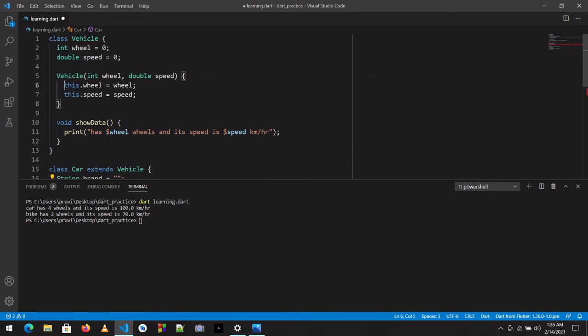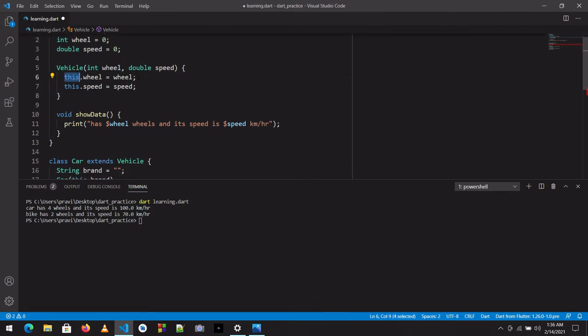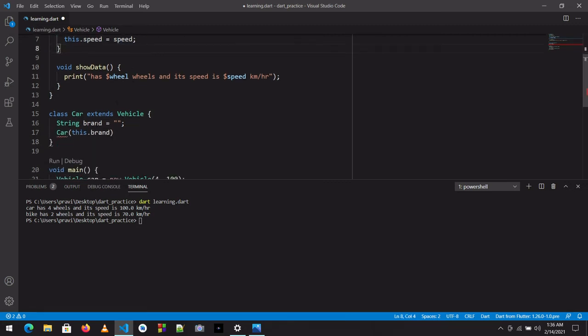Similarly, like we use this.wheel here for changing the already mentioned wheel attribute to a new wheel value, so I am just writing this.brand here. This is another example of writing the same thing. So this.brand, and I also want to get int wheel and double speed for this car.